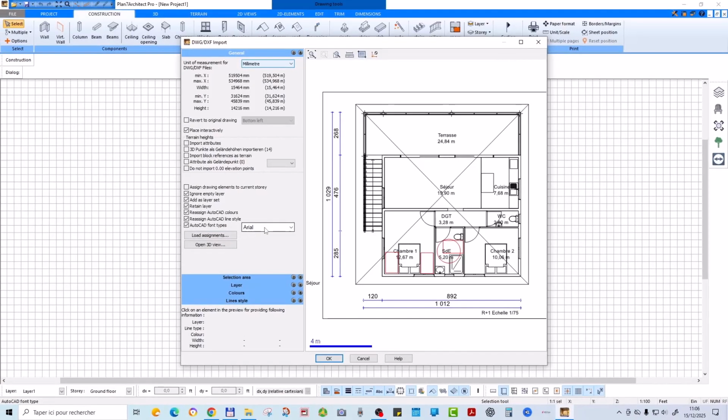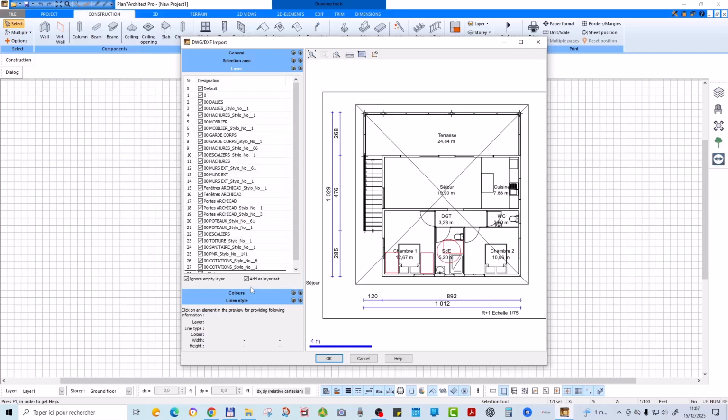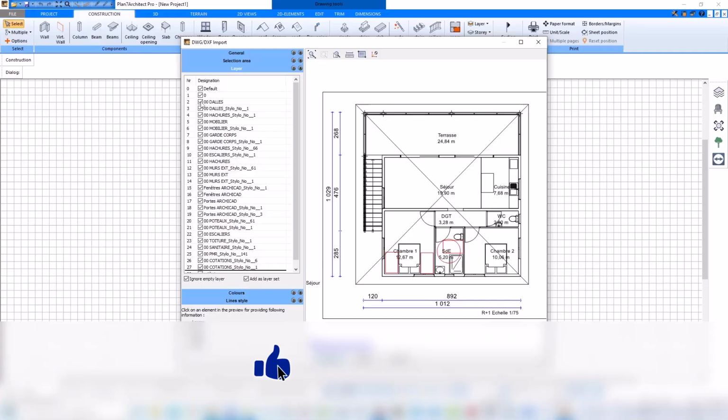We can even change the text style directly during import, which is really convenient and very fast. Furthermore, we can change the layer colors, or at least the presence of layers, such as furniture.